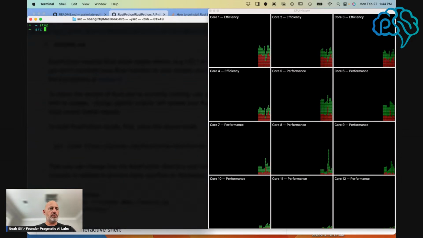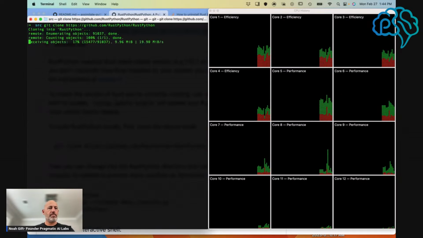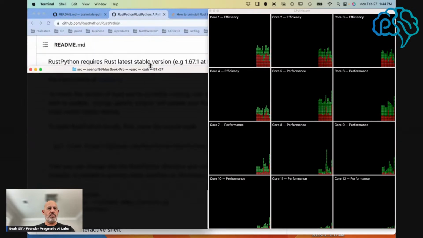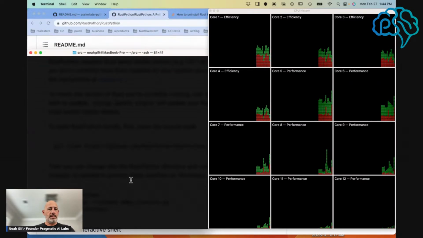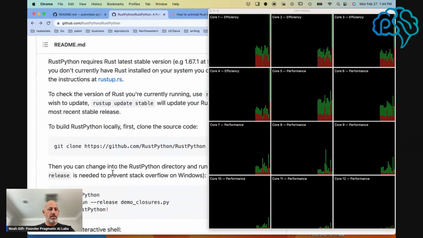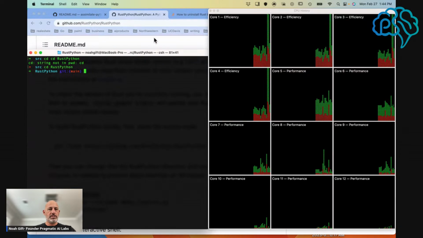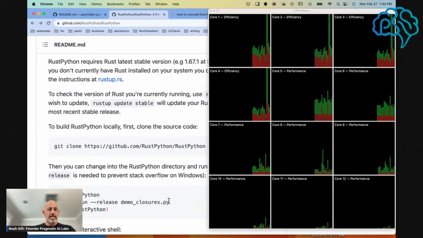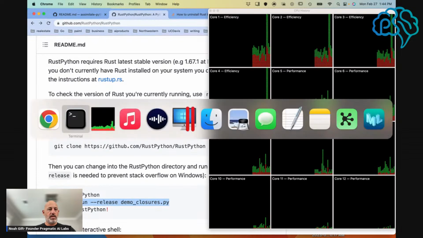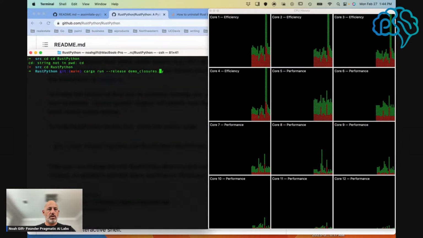So let's go to a directory I put in source a lot, and we'll git clone this thing. And then what's the next thing they wanted me to do after git clone is they want me to cd into it. So we'll cd into this. Whoa. And then we just can do essentially cargo run without the release. I don't think we need that. Let's get rid of the release. So this will do the multi-threaded